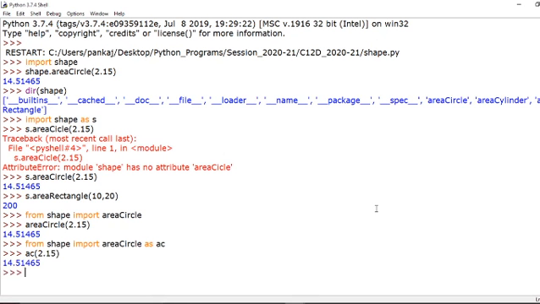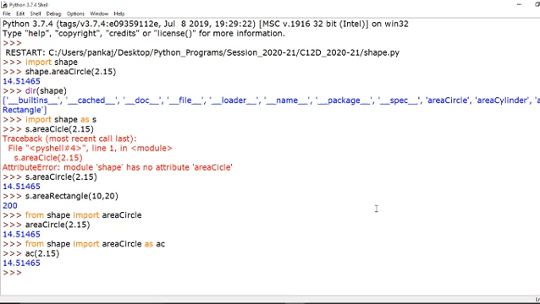So this is the beauty of making your module. Whatever functions you require, we code all the functions in one .py file, and then we can use the import keyword to call the functionality of that library into your user defined program. There are several methods, like the first method is import shape. So we are calling the function. We can also give an alias to your library like import shape as s. So instead of writing shape dot area circle, we simply write s dot area circle.